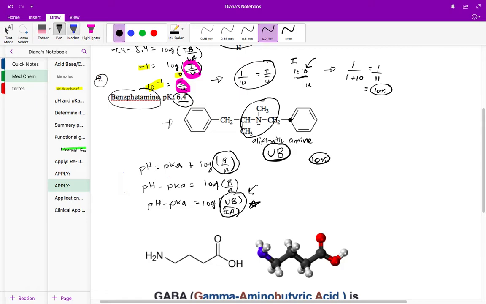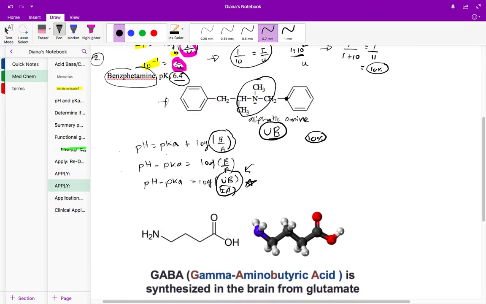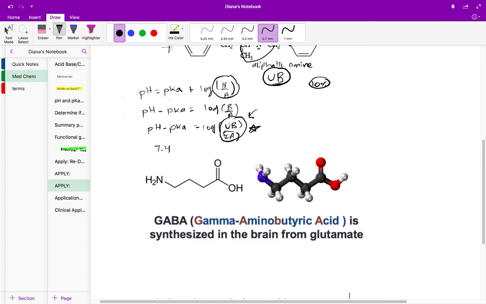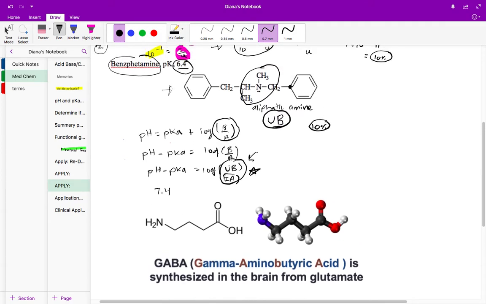All right, so what's our pH? Our pH is given in the problem, if you remember, 7.4. It's given up here in the problem. And then the pKa is also given as 6.4. And then we have log of UB over IA. Okay, so I'm going to continue this. So 7.4 minus 6.4 is going to be 1. So 1 equals log of